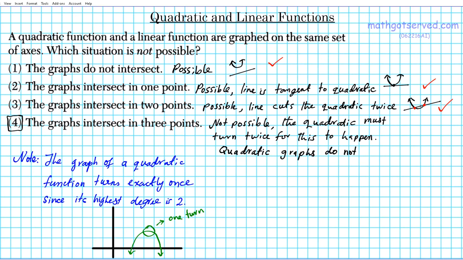Let's say you have a line, and a parabola comes down and cuts it, and it turns once and cuts it again. It cannot turn more than that. If it turns like this, it's no longer a quadratic function. This is a cubic function. As long as it's a quadratic function, you're turning only once,